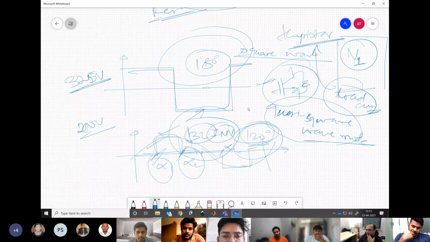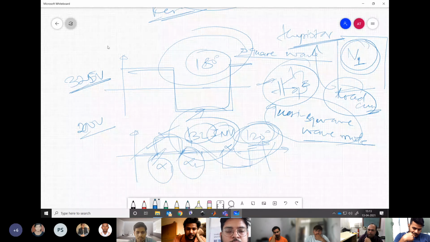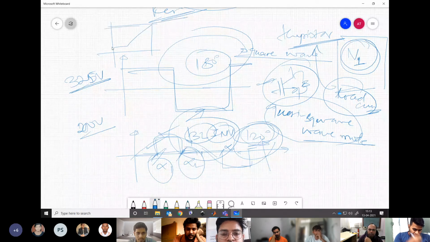Understanding my point? Yes, sir. That's why we prefer 180 degree mode of conduction more than 120 degree conduction. There our V1 is fixed, our requirement is fixed, what we are doing is also fixed, not much variation is there. We are operating at maybe just 1 point. Here we are covering the complete spectrum in the V by F, so whichever voltage we want to generate, we can.